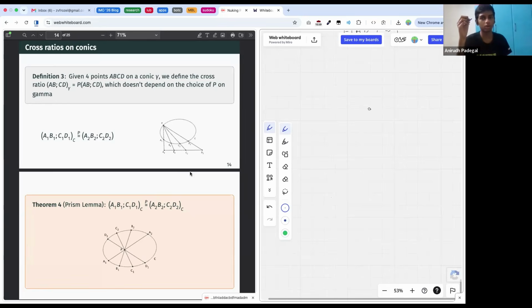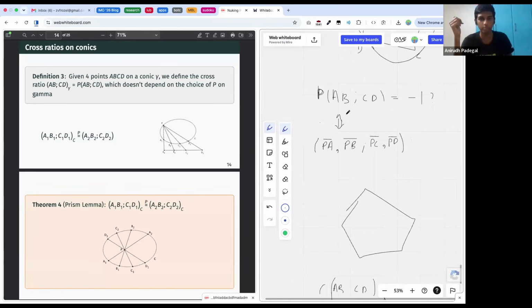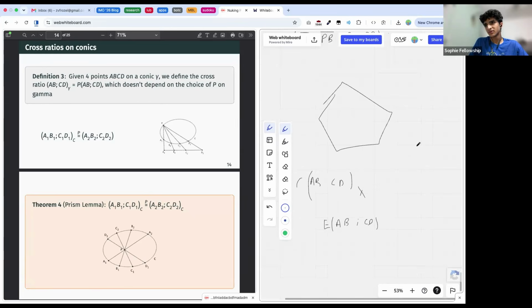In the Miro, you wrote the cross ratio of PA, PB, PC, and PD. What do you mean by that? Right, so that's defined as the cross ratio of 4 lines. If you're given 4 lines that are concurrent at a point, the cross ratio of those 4 lines is defined as the cross ratio ABCD, where ABCD are given by a fifth line that cuts the four lines at A, B, C, and D. But now the point is that due to perspectivity, the fifth line's choice is